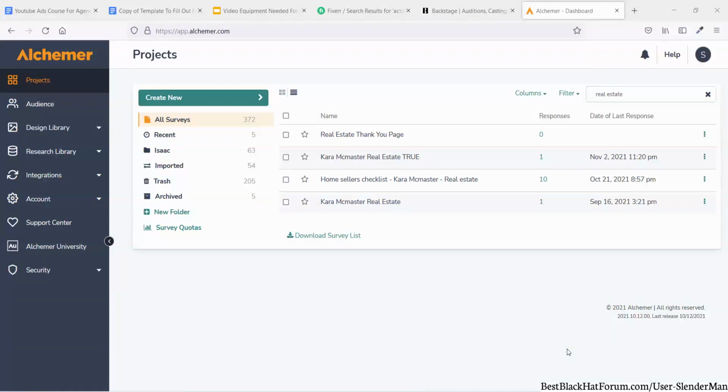So in this module, I want to talk about what sorts of landers you want to use for TikTok ads. You can use standard opt-in landers, and that's definitely something to test. What I mean by standard opt-in landers is just name, phone number, and email on a pretty looking page. That's a standard opt-in lander. My preference, though, and what the data has shown me for most niches has been getting me the cheapest conversions